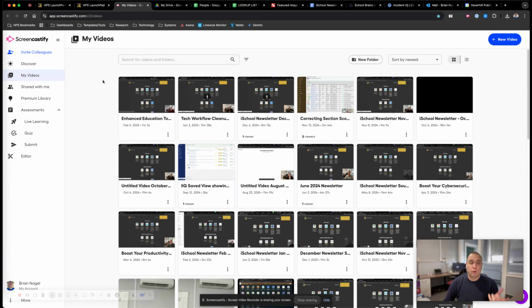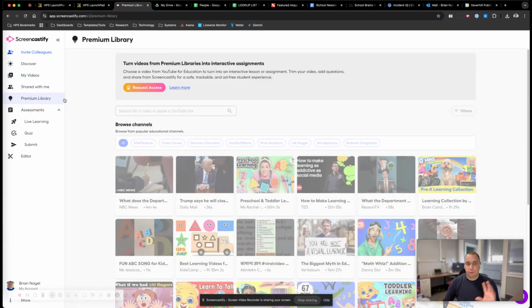They're adding a feature to our subscription very soon called Premium Library. And you can access it just from the left-hand side when it's available. And basically what this allows us to do is to grab a video from YouTube and automatically use Screencastify's tools for that video. Tools such as adding a quiz to the YouTube video, time-stamping different pause points for checking for understanding, limiting skipping over it, and then naturally some analytics in terms of watch time and who's paying attention to